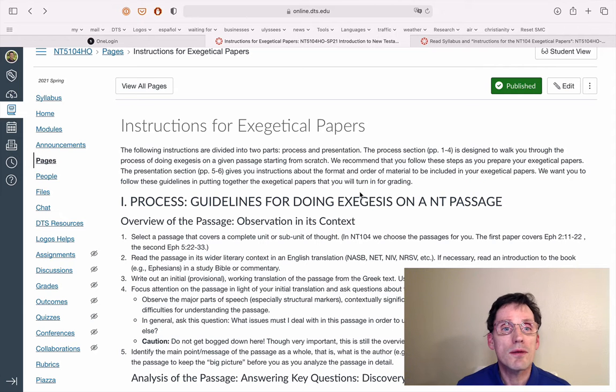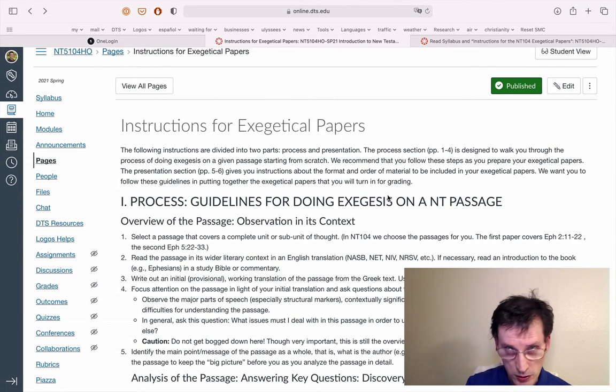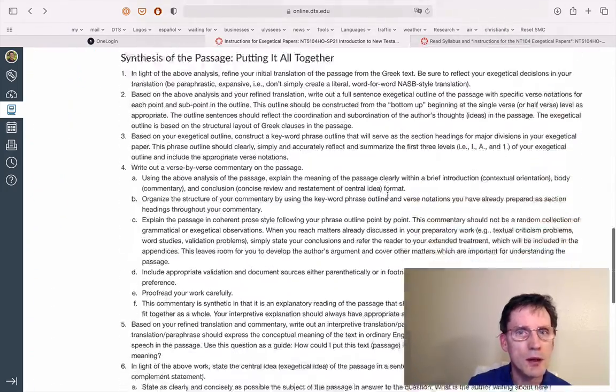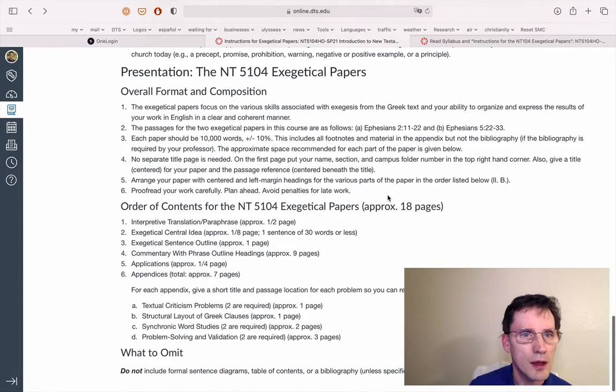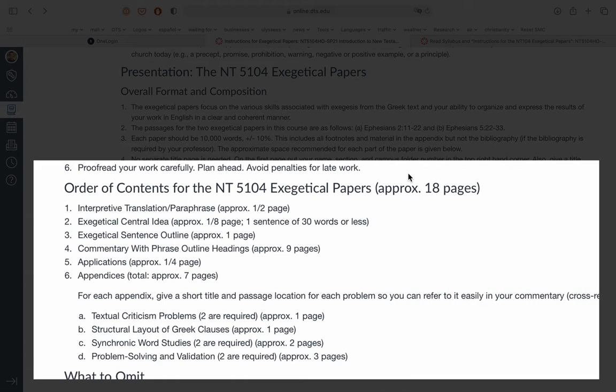All right, just a quick walkthrough for the instructions for the exegetical papers. You can find this both in the files section. There's a Word document that stands at the top of the files list, or you can see it in the pages section of the course website. Really what I want to focus on here very quickly is the format and composition in this order of contents for these exegetical papers, right down here